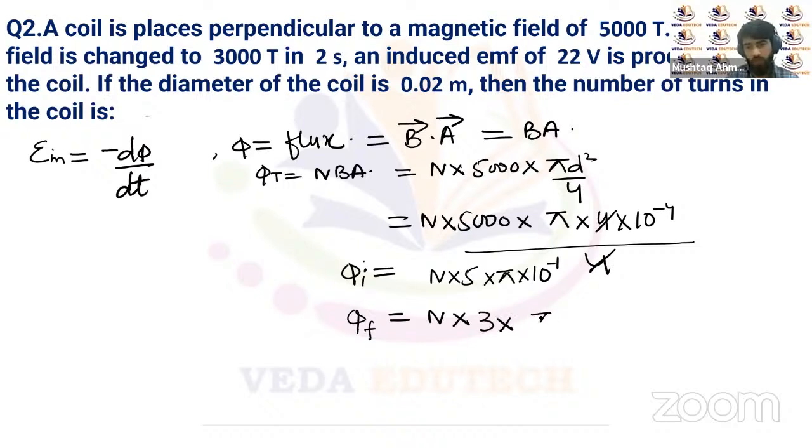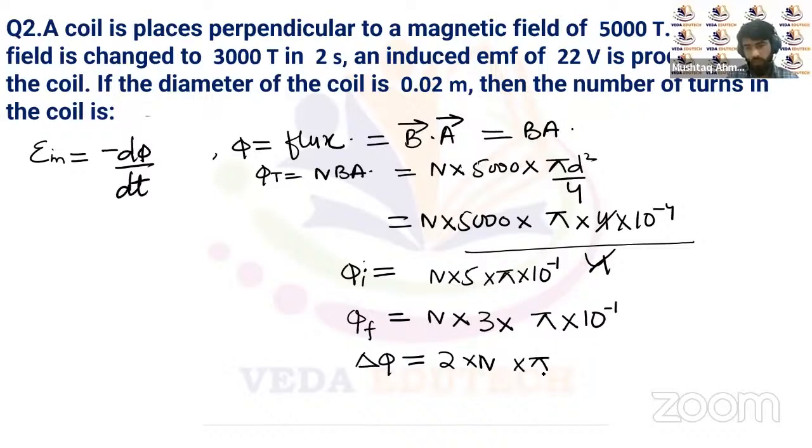3 multiplied by pi into 10 to the power minus 1. So this will be the final flux, right? So from here, the change in flux will be 5 minus 3, which is 2. It will be 2 multiplied by N,